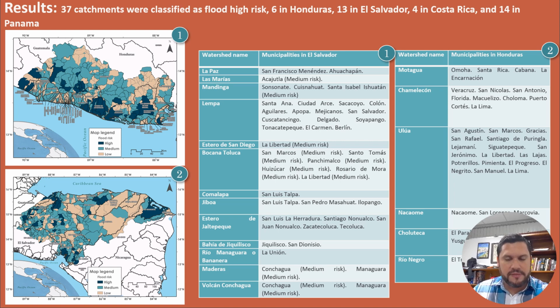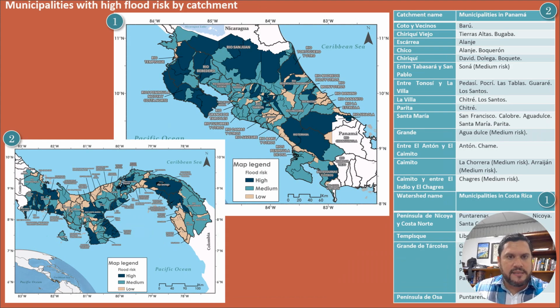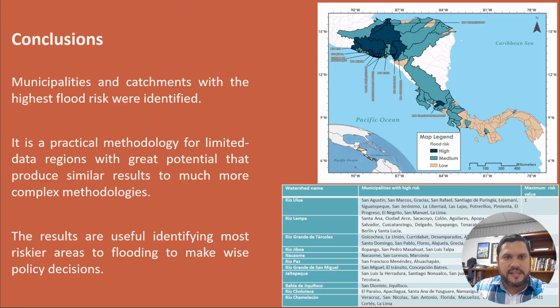As you can see here in these maps, in El Salvador, in this number 1, we had mostly the very urban, very high, dense municipalities, and obviously those catchments were the most affected in El Salvador. In the case of Honduras, in Tegucigalpa and in big cities as San Pedro Sula, there were concentrated the main impacts. In the case of Costa Rica, the ones in large catchments and in big municipalities were the most affected. In the case of Panama, many in urban areas or very flat areas.